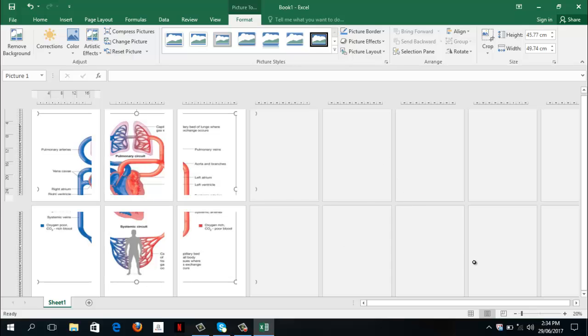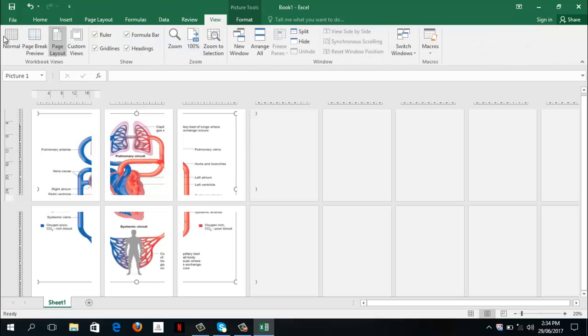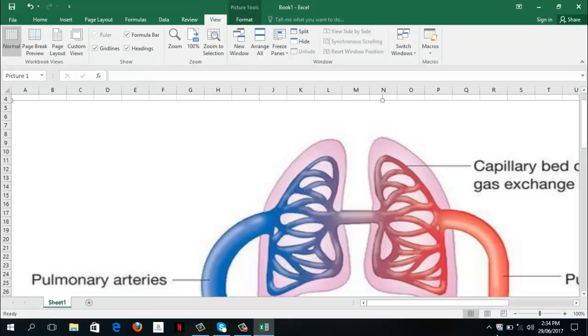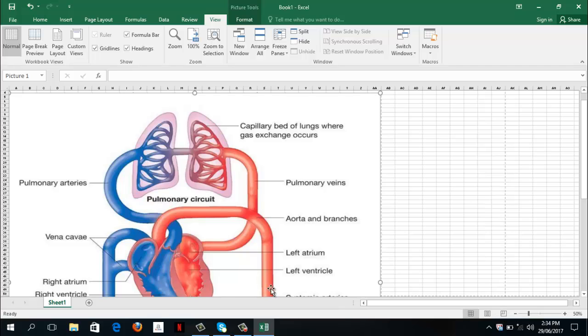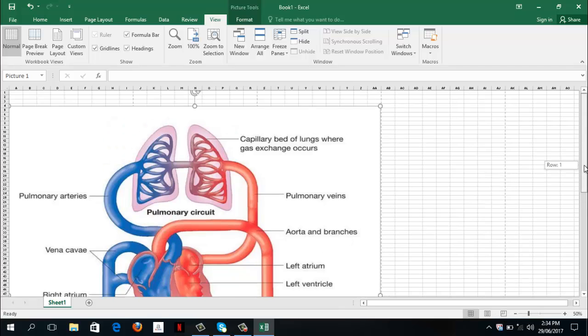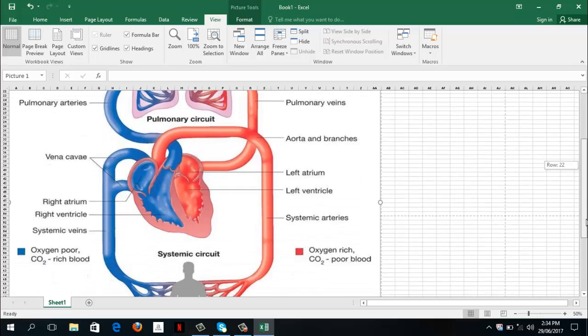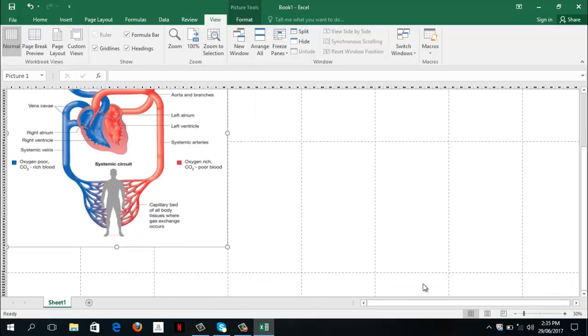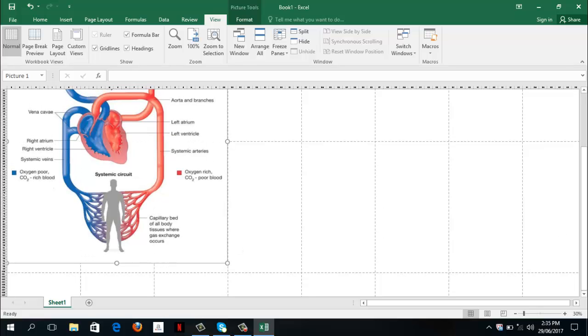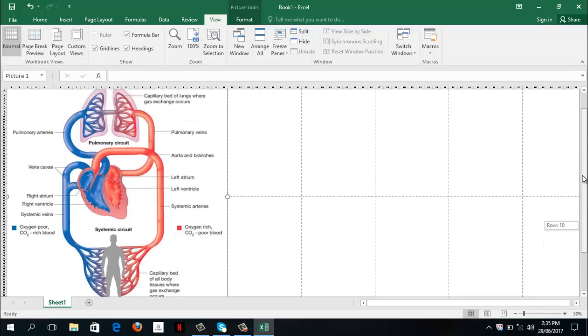Okay, that's it. And then to see the actual picture, you can just click again view and then click normal, and you can see the picture that you wanted to create. Oh, that's it now. Using 6 pages. You can also resize if you want to. We can also decrease the size, so you can still adjust that downward, sideward, or whatever.